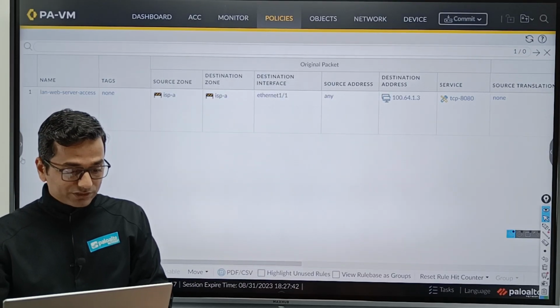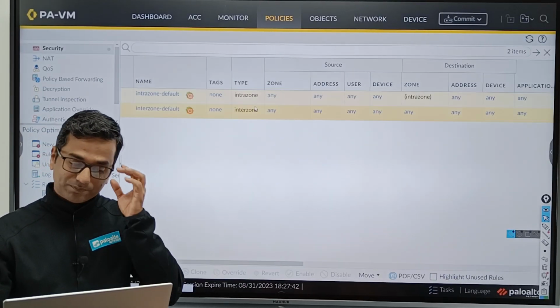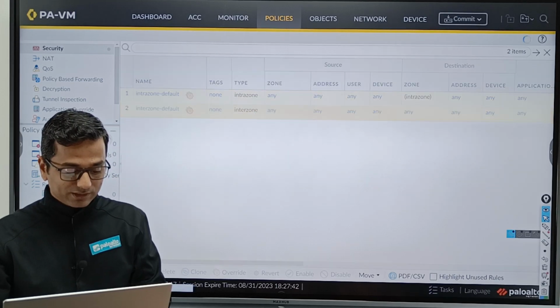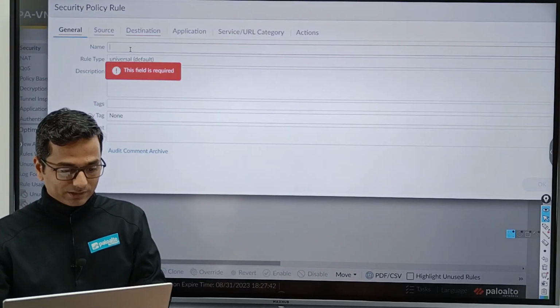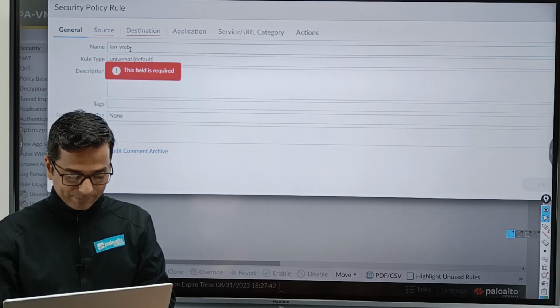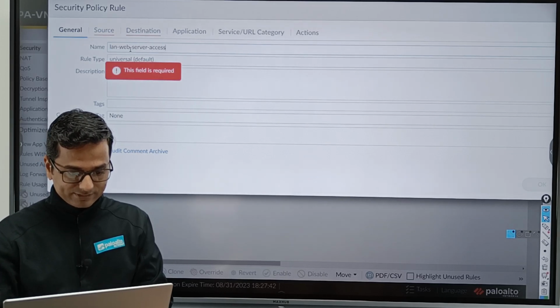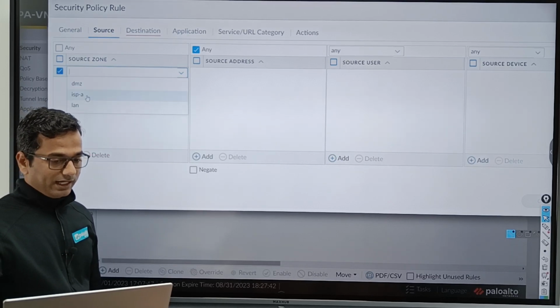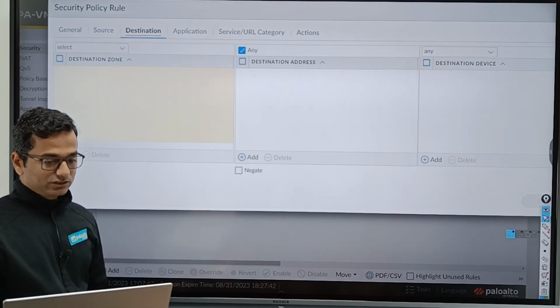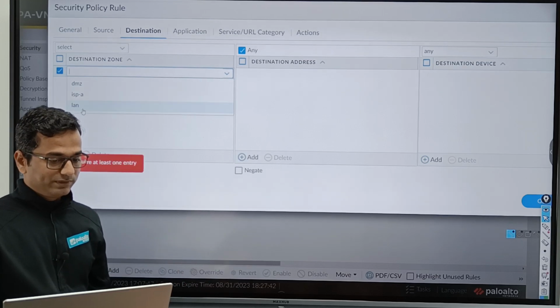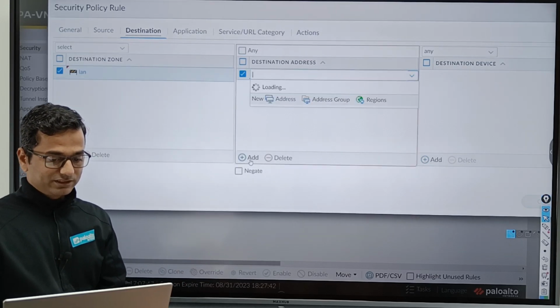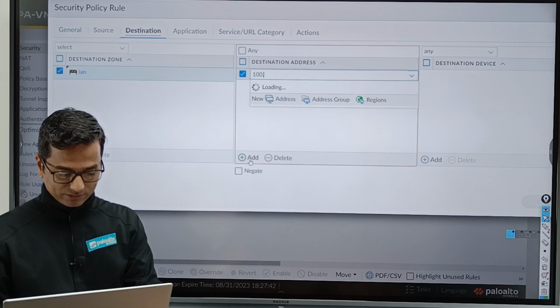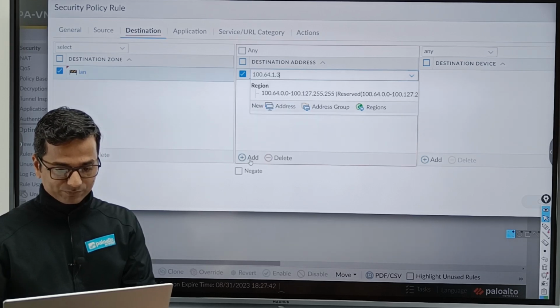Then go to the security policy, same fundamental, pre-NAT IP, post-NAT zone. Add security policy, right? LAN web server access, source zone, always your ISPA zone, destination zone, post-NAT zone means LAN, and destination IP address is the public IP address 100.64.1.3.